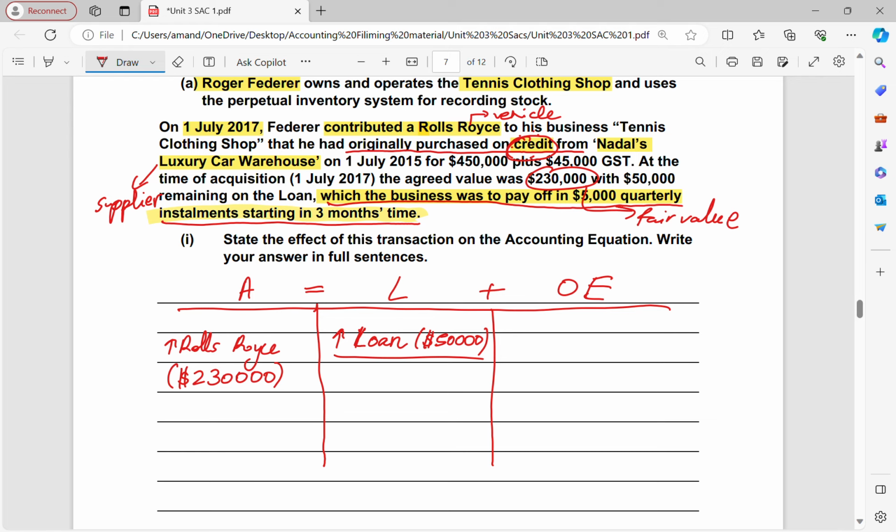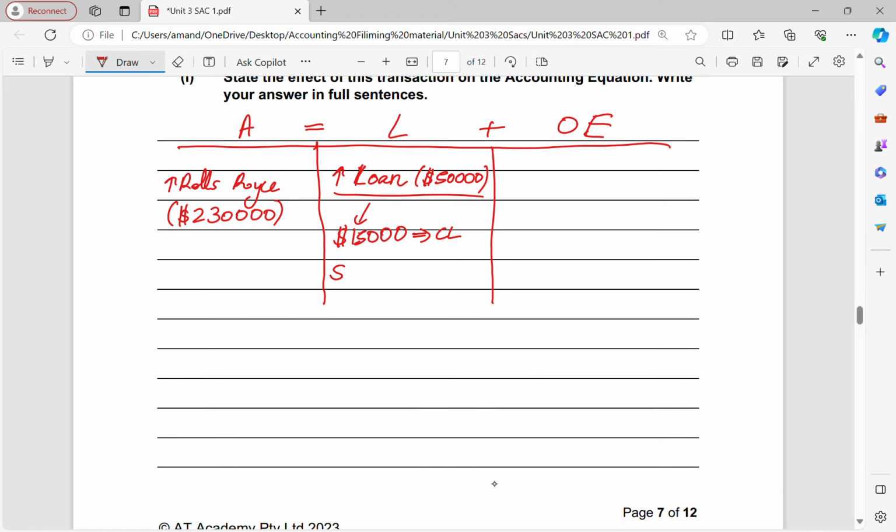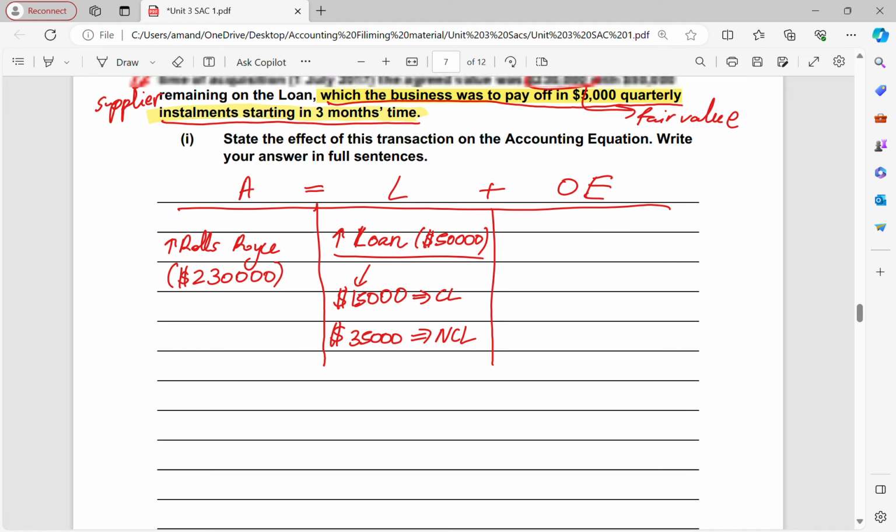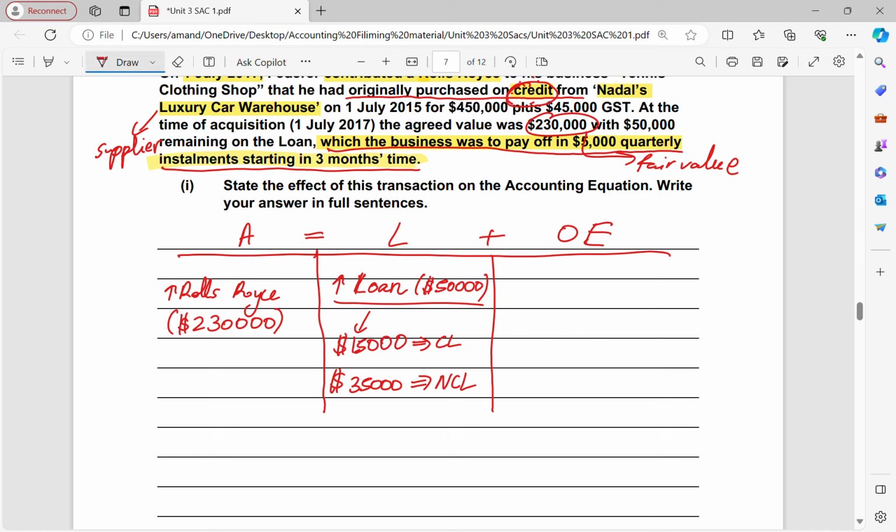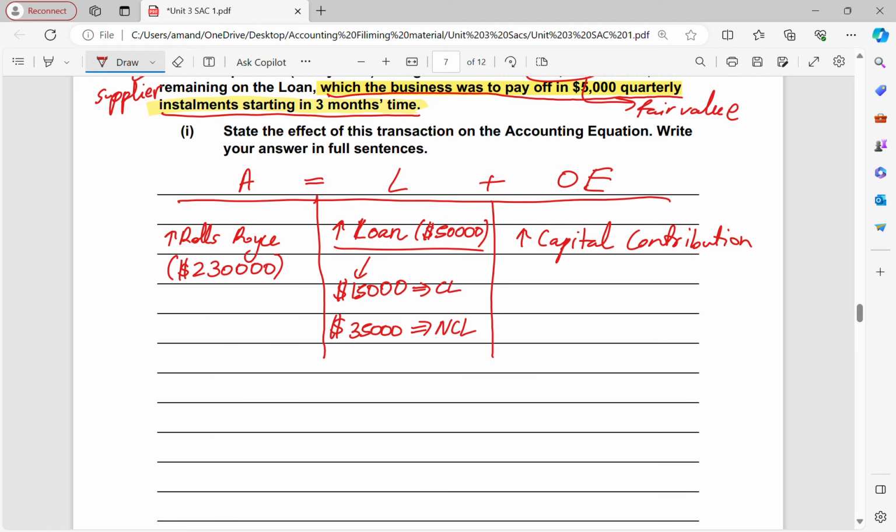Okay, so 3 months goes by, and then you have 3 more installments until the end of the year. So that's $15,000. So $15,000 would be current liability, and the rest would be considered a non-current liability, so they don't need to pay until after that. So that's a nice little breakdown I've done there. And now finally, it's an increase in capital contribution by